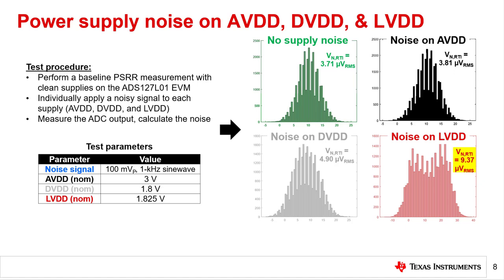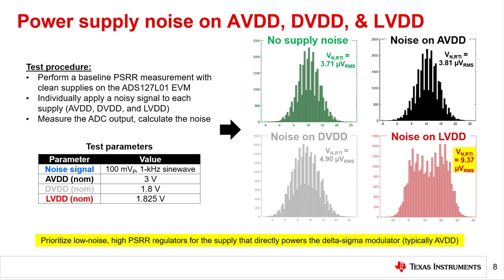As predicted, LVDD is the most susceptible to coupling noise into the ADC output because it has the lowest PSRR of the three supplies. LVDD is most sensitive to noise because it directly powers a delta sigma modulator, which in turn directly controls the analog to digital conversion process. Comparatively, AVDD powers the remaining analog circuitry, including generating the main bias current, but this has less of a direct impact on the conversion result. DVDD powers the ADC digital core and has the least impact on the conversion result because the modulator output is already in binary form when it reaches the digital decimation filter.